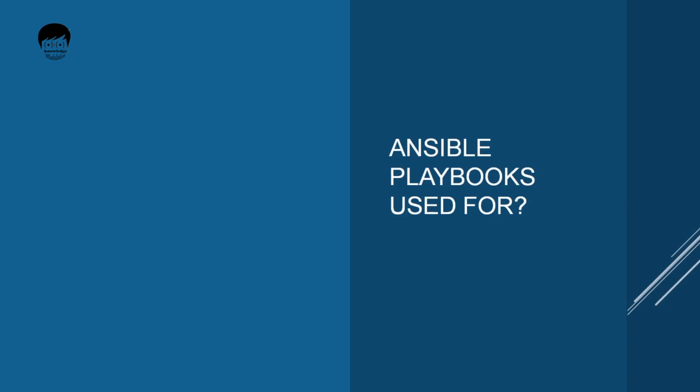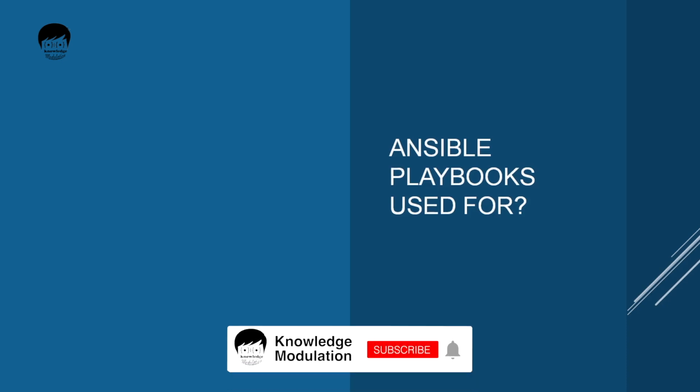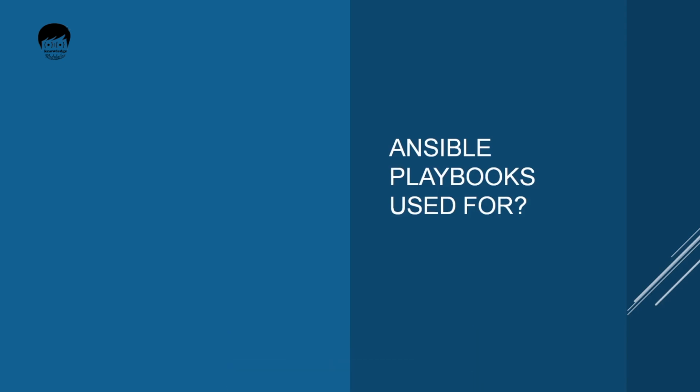We have to build the repos. We have to check the dependencies. Then we have to install our Apache server. Then it has to be started. So we have to give the command like systemctl start httpd, then enable httpd. After that we have to install PHP. Then every time we can't hit commands, we just need a simple script which will run all these commands for us. That's why we use playbooks in Ansible.